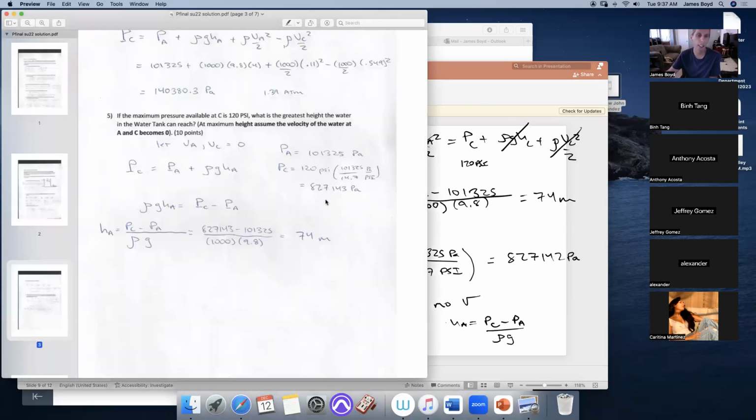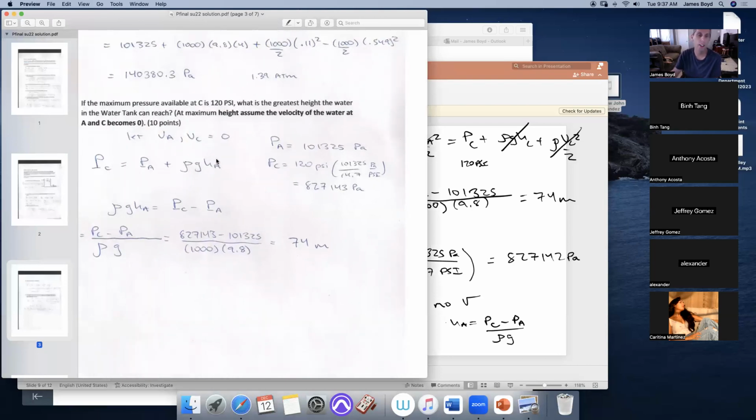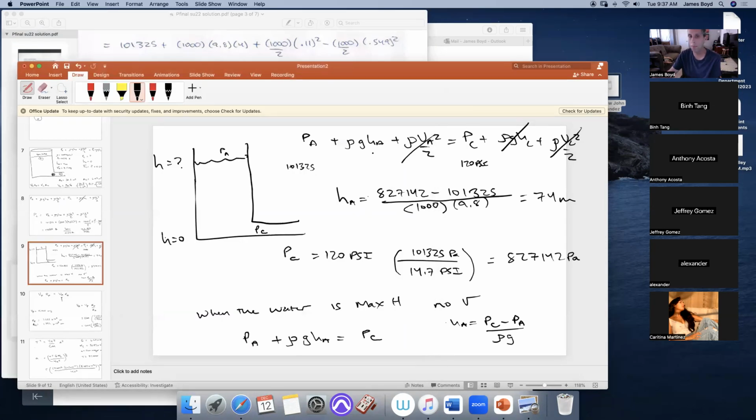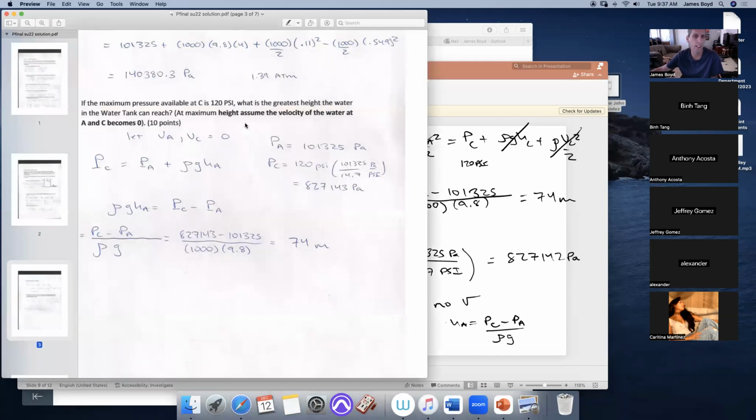Now, looking at this, you start with Bernoulli's equation again. And we know at maximum, when the water reaches its maximum, no vA, no vC. You have to be able to understand that. I'll probably lay that out in a problem if I asked you. So I tell you right here in bold, if I write something in bold on a test, that means it's important. So I told them, at maximum height, assume the velocity at A and C becomes 0,